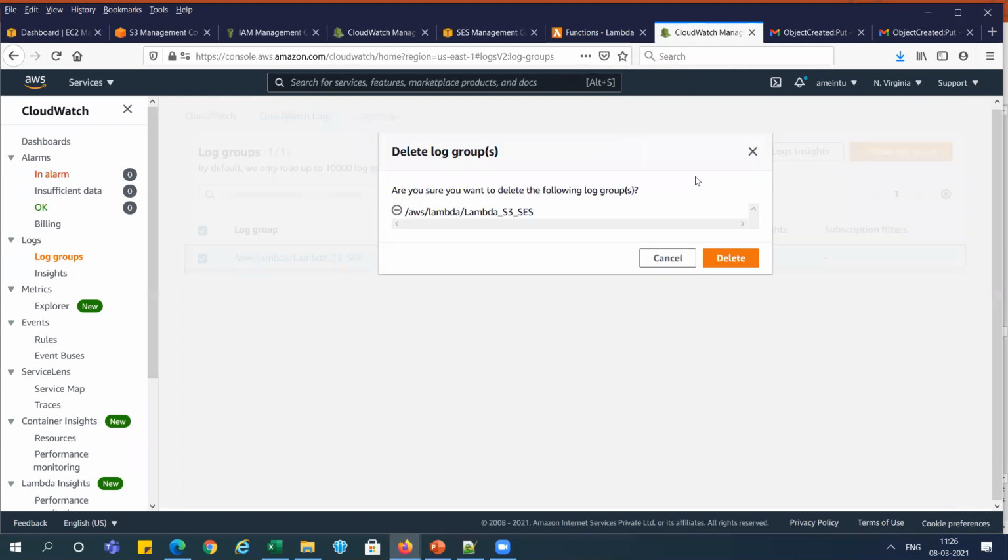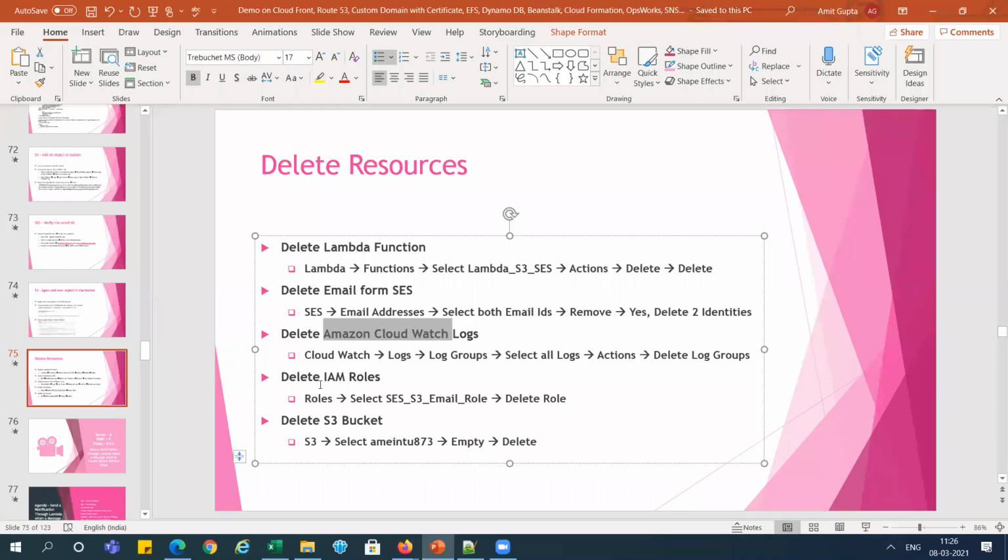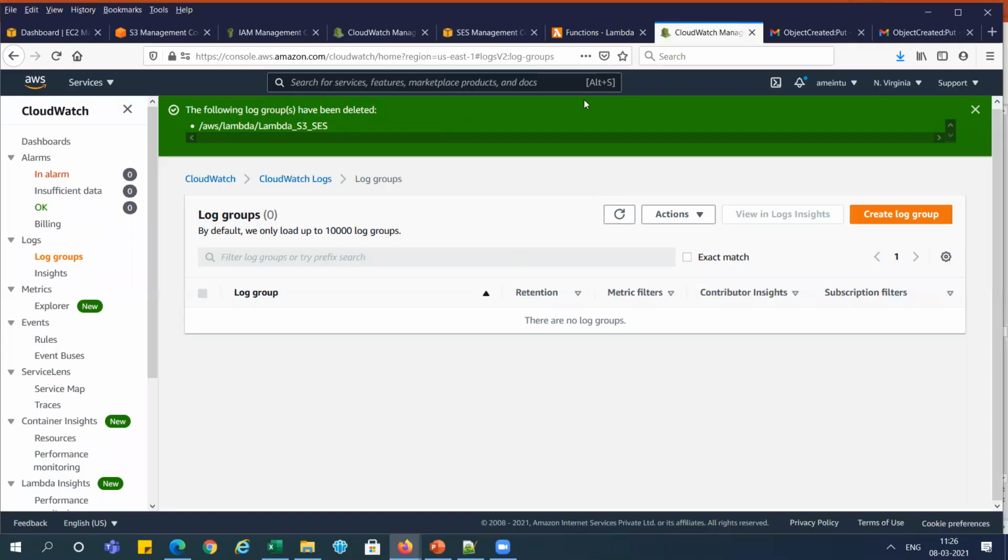Action, delete log groups. I have deleted it. Okay, it is deleted, right? And the next one is the IAM role. We need to delete the IAM role and the S3 bucket.